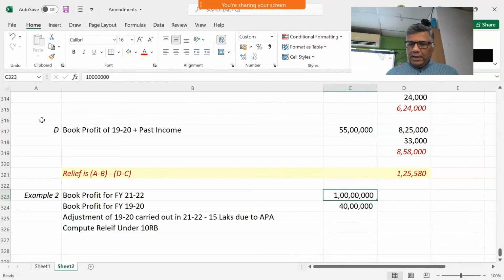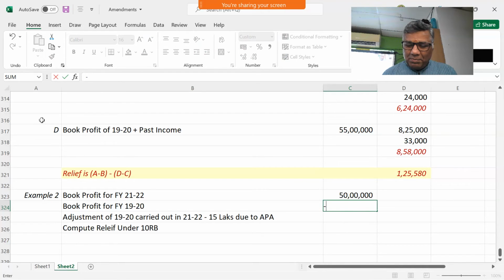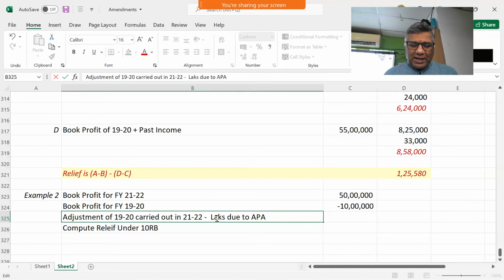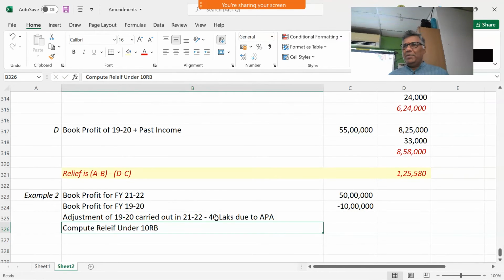We will do one more question. Let me take this as 50 lakhs. Let me take this as minus 10 lakhs in 1920. And the MAT adjustment, let me take it as 40 lakhs. Why I am taking this case is